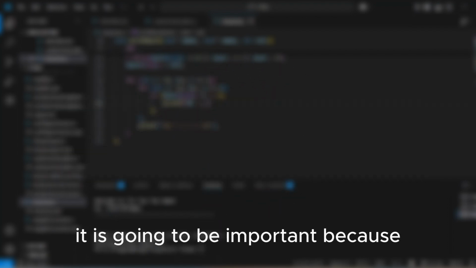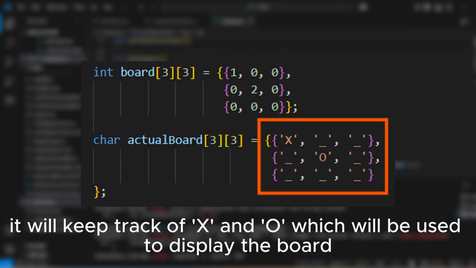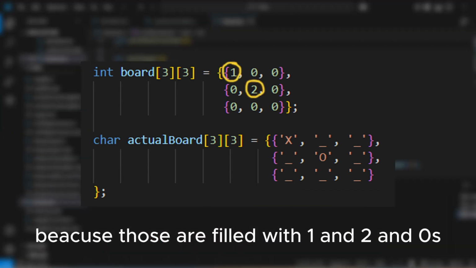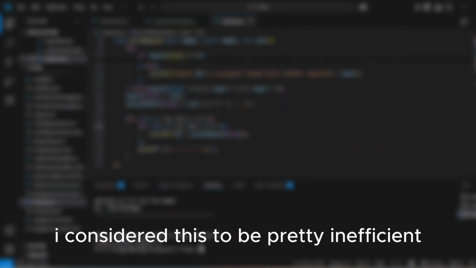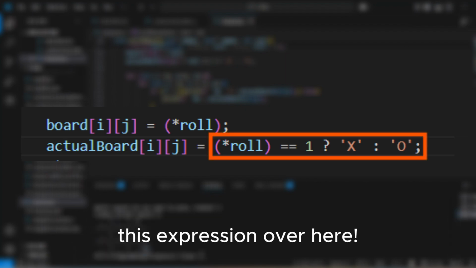But this is going to be important because it will keep track of X and 0, which will be used to display the board instead of using the board array because those are just filled with 1, 2 and zeros. I considered this to be pretty inefficient, but either way, I didn't know how to make it more efficient, so yeah. The way this works is that the actual board ij is going to equal this expression over here,